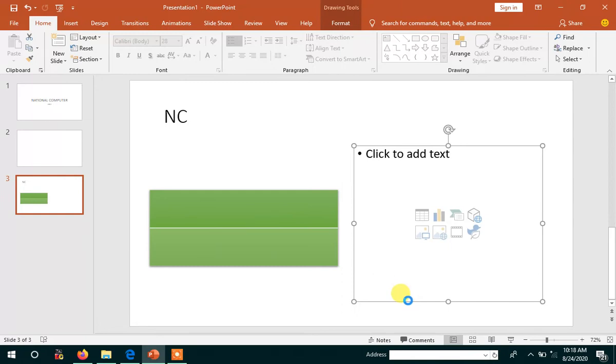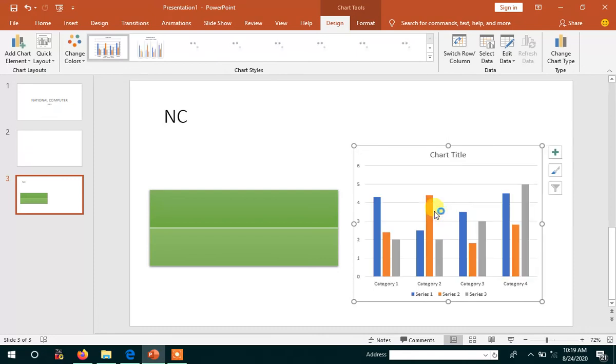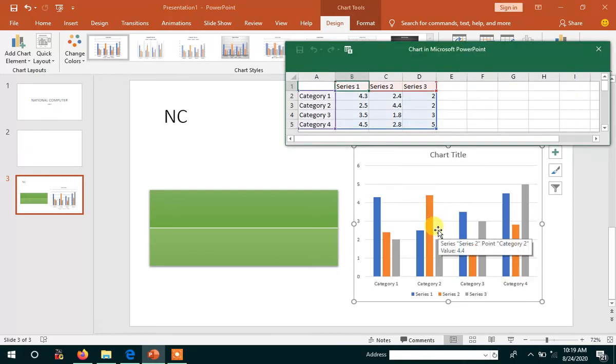Then a column chart will appear in this place like this. If you want to add data here, suppose I am going to add data to this. This is the year 2020, and this is the year 2019, and this is the year 2018, and this is the year 2017.